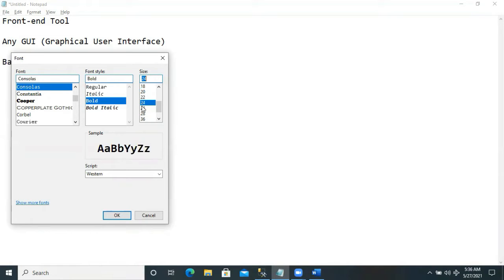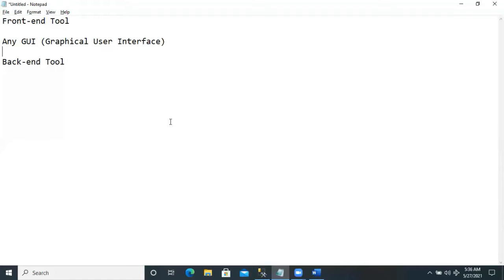This kind of interface can be developed by any programming language. We have many programming languages like C, C++, Java, .NET, Visual Basic, C#.